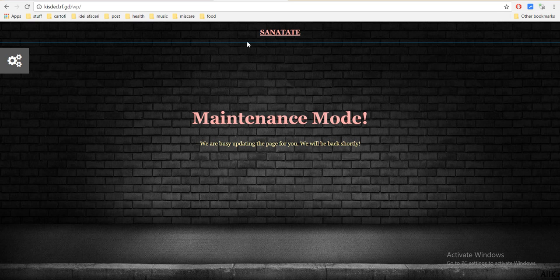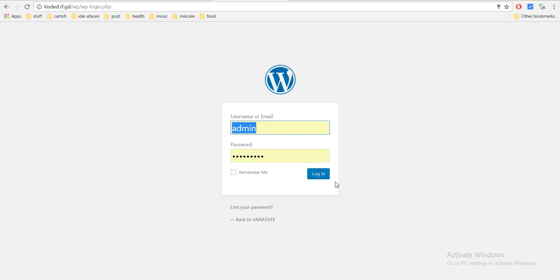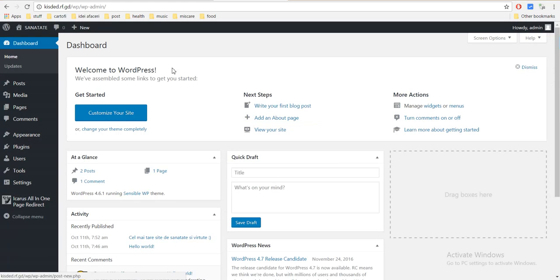Okay, now let's go to our blog and we can see the maintenance mode page. This is my blog title. This is a login quick link, maintenance mode, and a black background. Let's log in again with an admin. The maintenance mode won't show again,